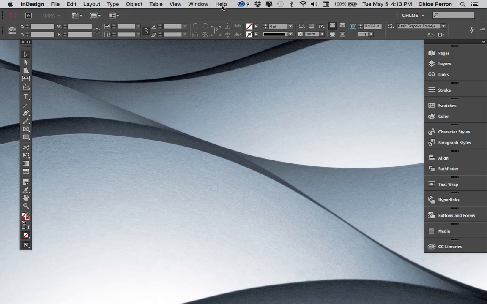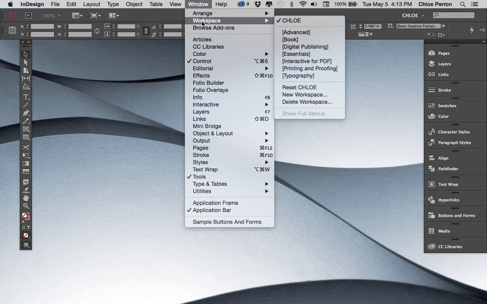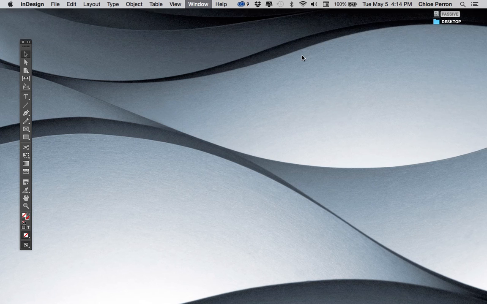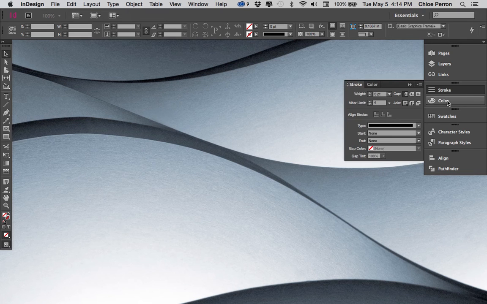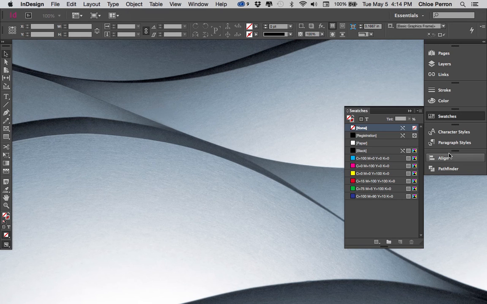This is how I have my workspace set up. If you don't right now, make sure that you go to your window workspace and then make sure that it's just set to essentials. So here is essentials. So this is really going to give you everything that you need to complete most of the projects except the banner ad exercise. So you have your pages, your layers, your links, colors, stroke, color, swatches, character, and paragraph styles,